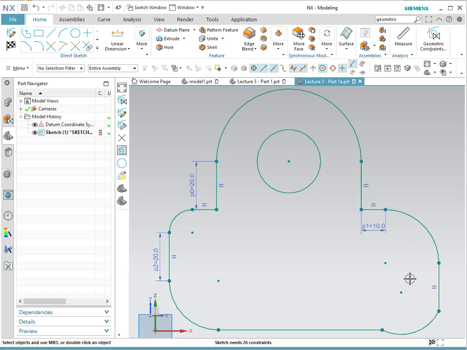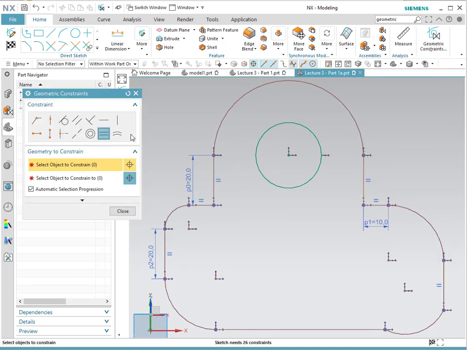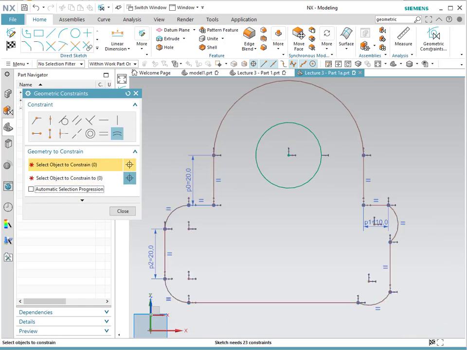We're going to do the same process now for the radii, for them to be equal in size. So we're going to do equal radius, and in this case we have four of them, so we remove the automatic selection process, and then we simply do this is equal to the fourth. Okay,